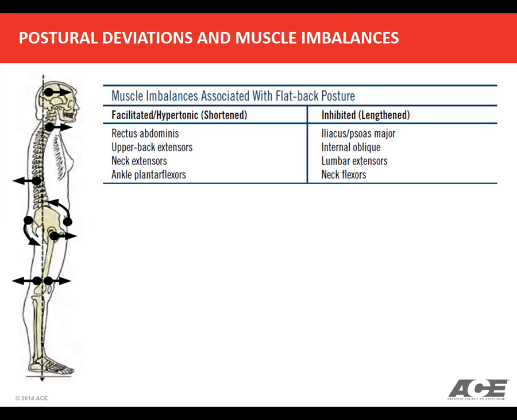And so the shortened muscles are going to be those ones that are constantly being contracted and used. Your inhibited or lengthened muscles are those that you're not using necessarily at all, or hardly at all, in the way that you stand. And so with that, they're lengthened. Now, again, this doesn't take into consideration that you use them during movements, but again, because the other ones are